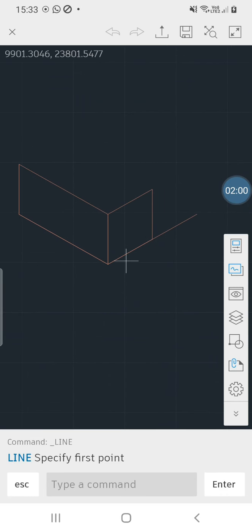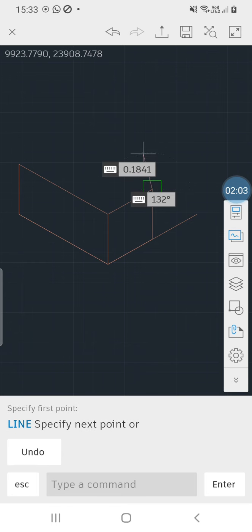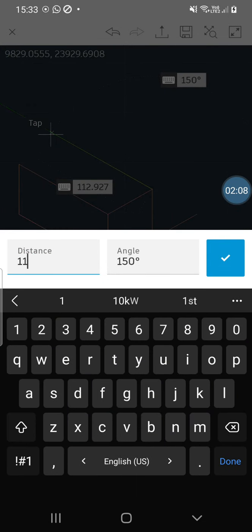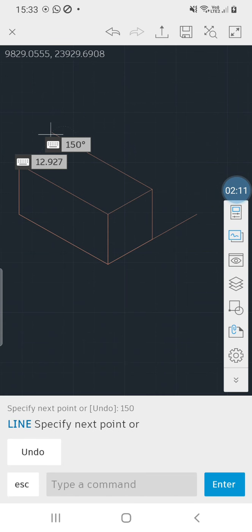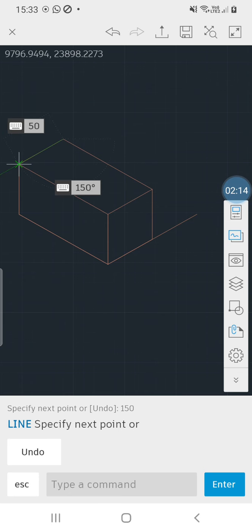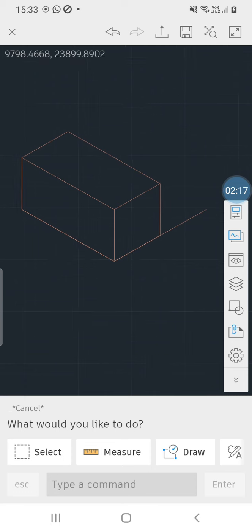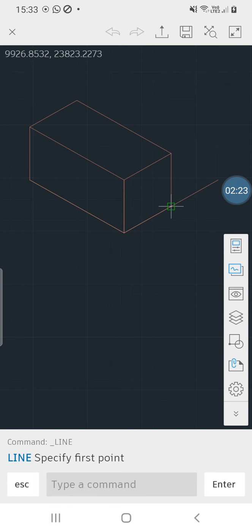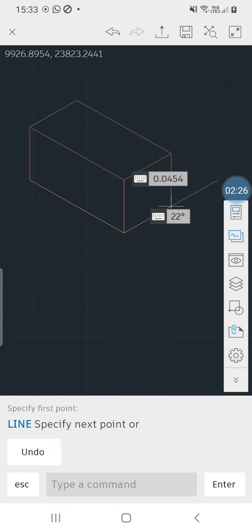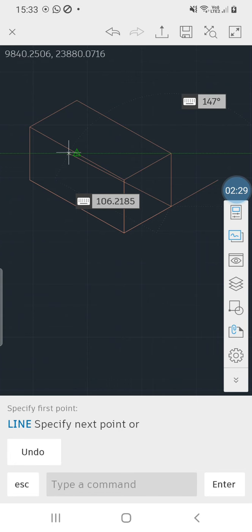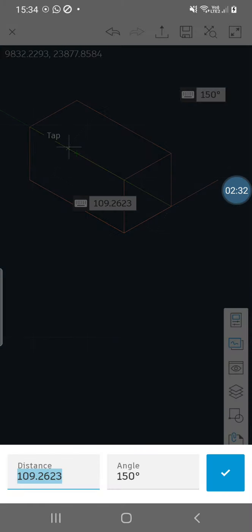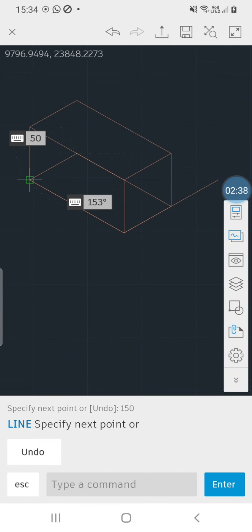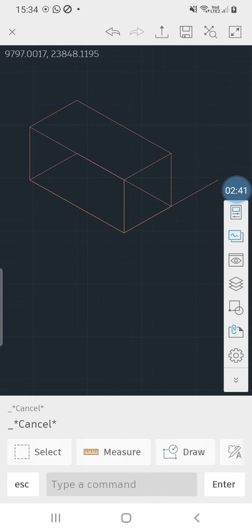Similarly you can draw the upper rectangle by drawing the parallel line. So go to the draw, click on the line command. From this particular corner you can draw the parallel line having the length of 100 mm. So click over here on the length, write here 100 mm, enter, and move your cursor up to this particular point and complete it, escape. Similarly on the lower side you will have to draw the rectangle. So again go to the draw, click on the line command, click on this particular point and draw the line over here having the length of 100 mm. On the lower side draw the parallel line over here, click on this and escape, like that.